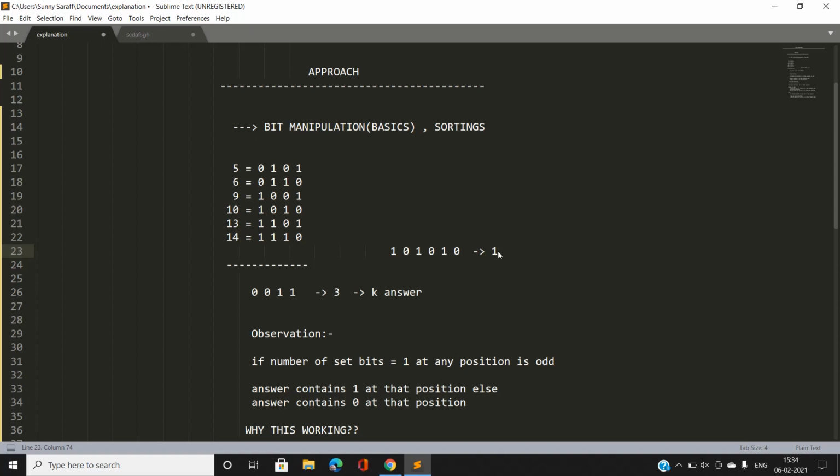And again, if you find the number of set bits equal to 1 as even, suppose here we have 1 also, then if you take the XOR of all the elements, it would come out to be 0. So this is the main logic that I want you to understand.